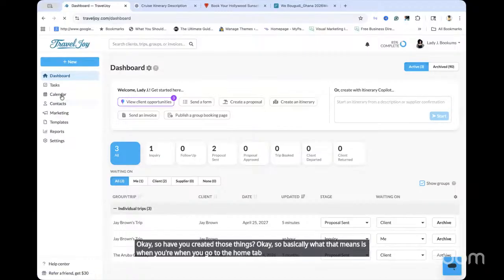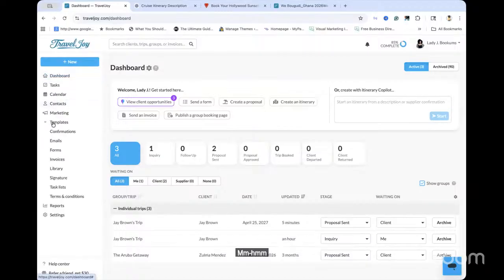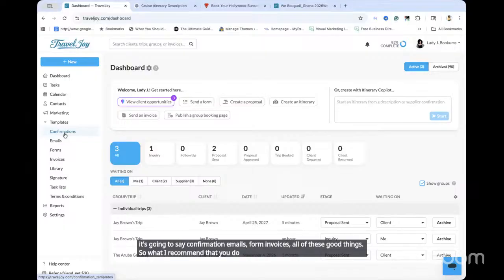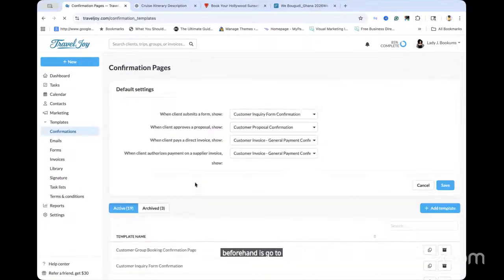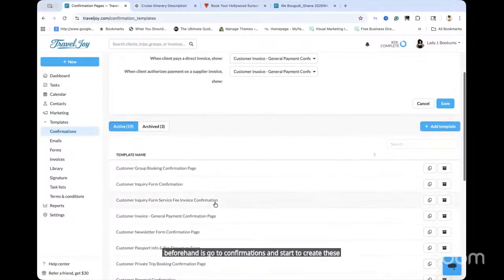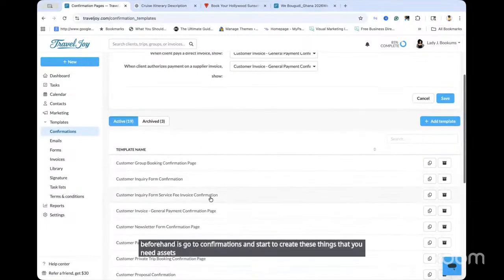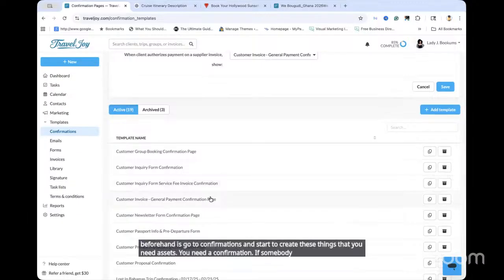back on the dashboard, under templates, it's going to say confirmation emails, form, invoices, all of these good things. So what I recommend that you do beforehand is go to confirmations and start to create these things that you need, assets. You need a confirmation if somebody pays an invoice or if they make an approval to your